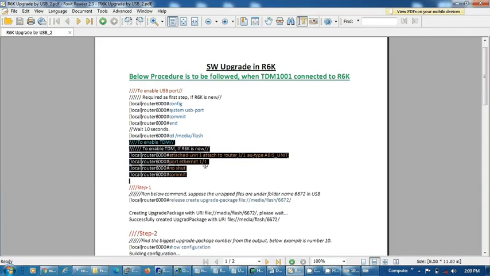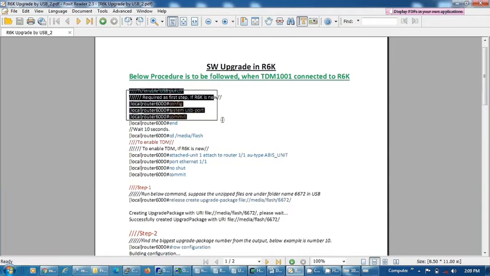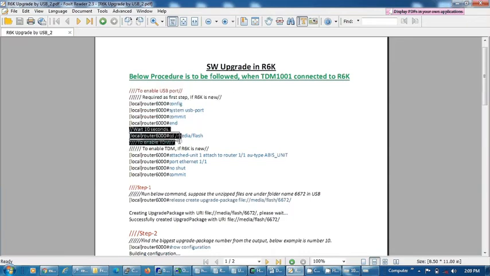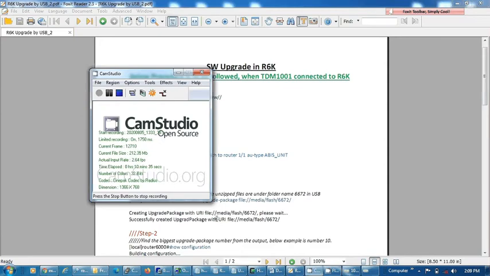I will share this file also in the comment section in the details. And these commands are used to configure the USB port. By default USB port is not configured, and to mount this USB which we configured, we use these commands to mount the USB so that it can be read by the router software.